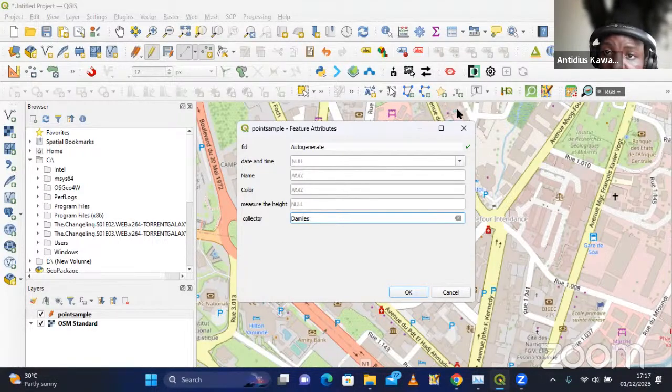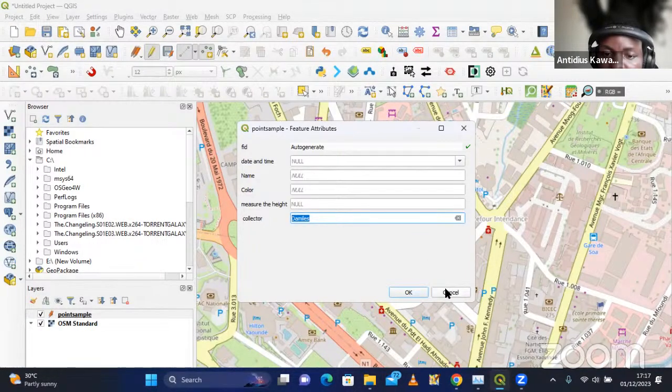If you have the account and you signed in, it will show your name here. And if this project is going to be accessed by thousands and thousands of field data collectors, they will not be able to edit this field, because it will automatically pick the name of the collector that is collecting